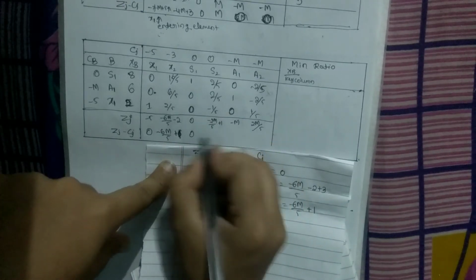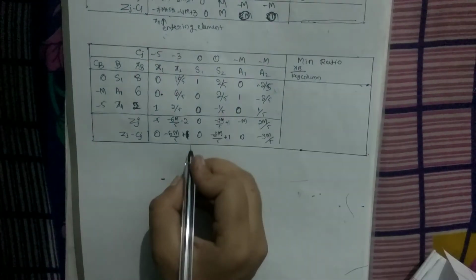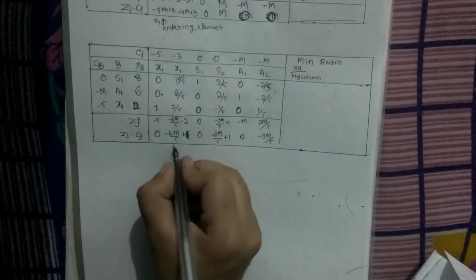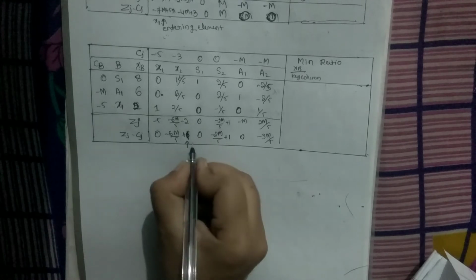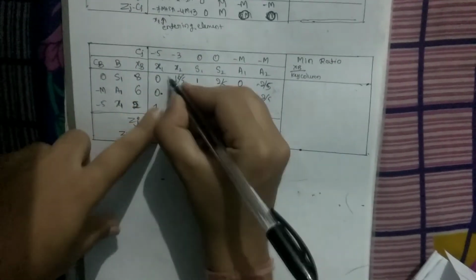And next also same procedure. The most negative element is minus 6m divided by 5 plus 1 is the most negative, so x2 is the